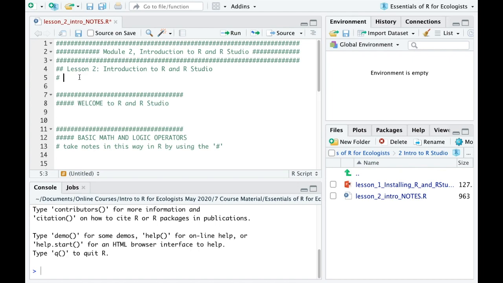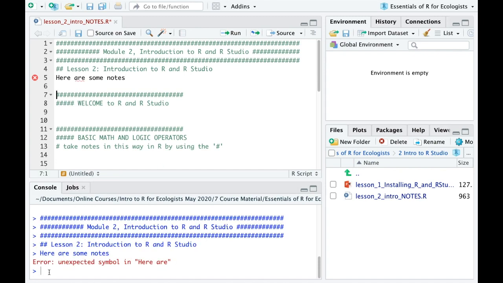So if we don't do that, let's say we write, here are some notes. And now, if we try to run that, you'll get an error because R thinks that this is actual R code that you're trying to run.